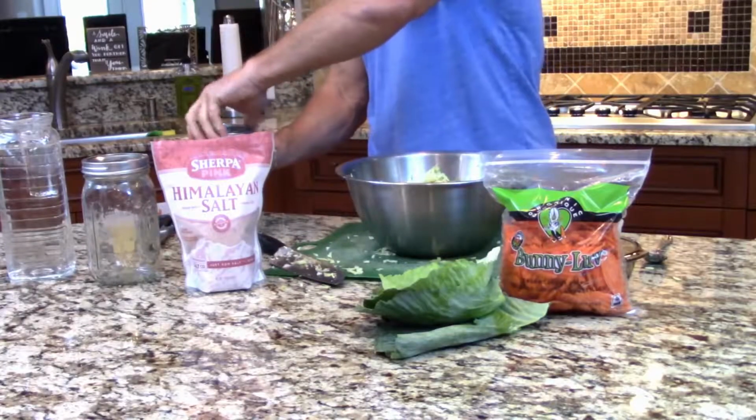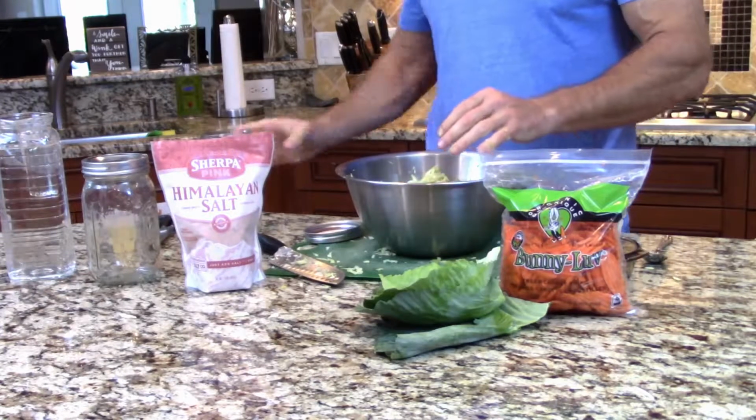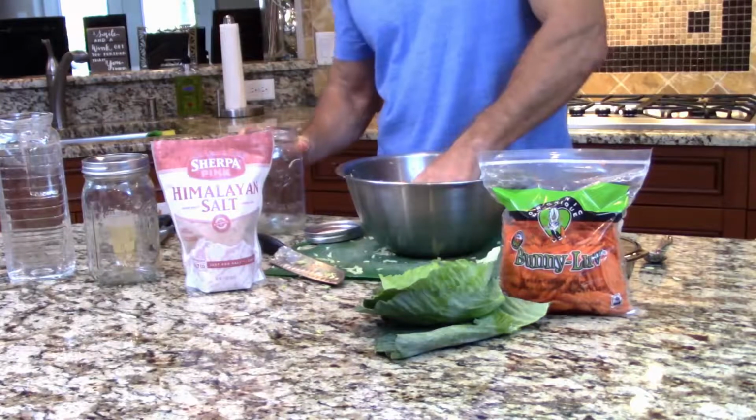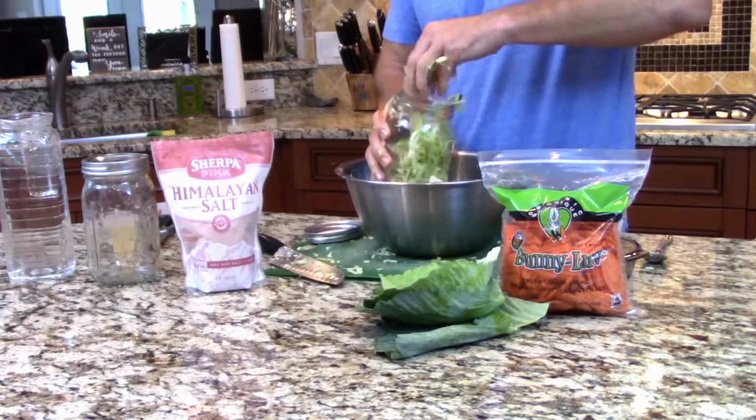All right, so the next step is we're going to take a mason jar. Now, what's important about the mason jar is, I think this is a quart. So we want a very large one, and then you want the wide mouth. So I've made the mistake of getting the small mouth ones before. Not as easy. So we want a good wide mouth mason jar, and then we're going to shove our cabbage and our carrot mixture